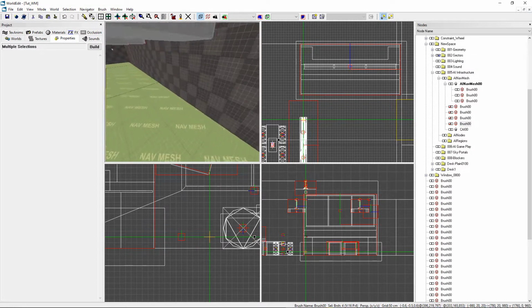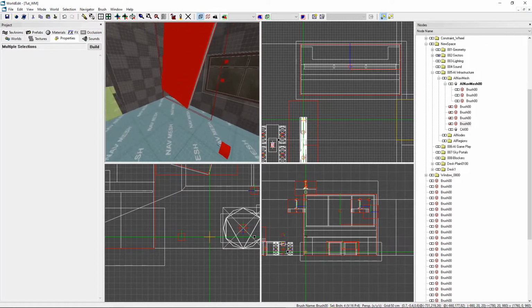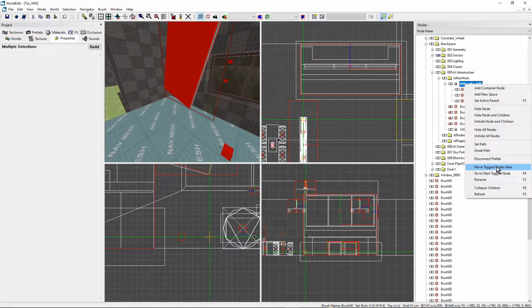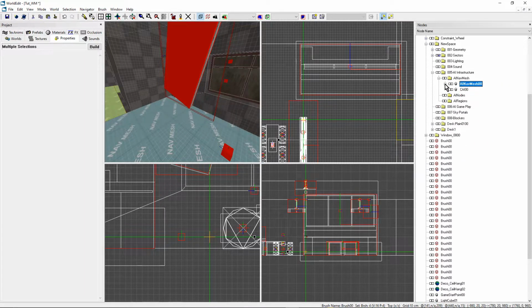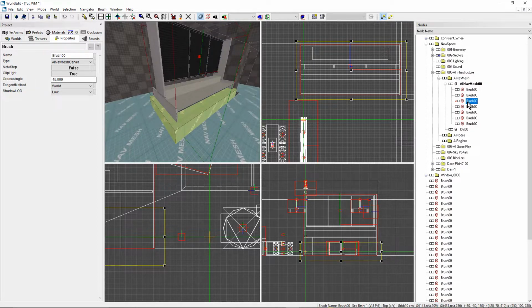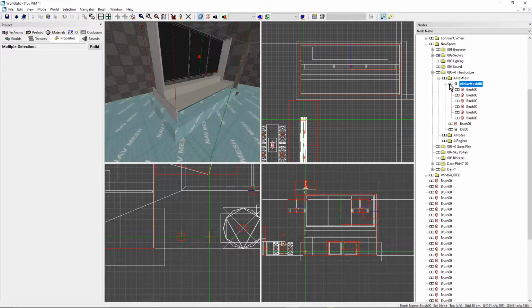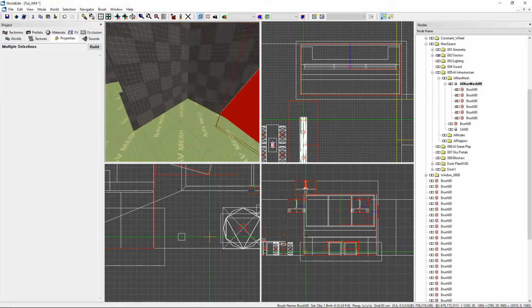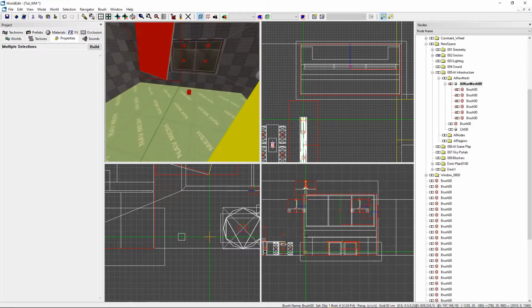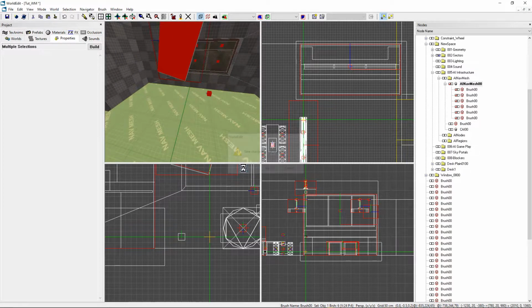So now I select all my corridor, and I want to move that inside my AI nav mesh object. Right click, move tag node here. So now I think my cover is inside of it. If I select that, I want to move it out of it by dragging it into the nav mesh folder, not the object. So now if I select my nav mesh and all of its children, I will have all of this inside the nav mesh object. Now I can compile the map